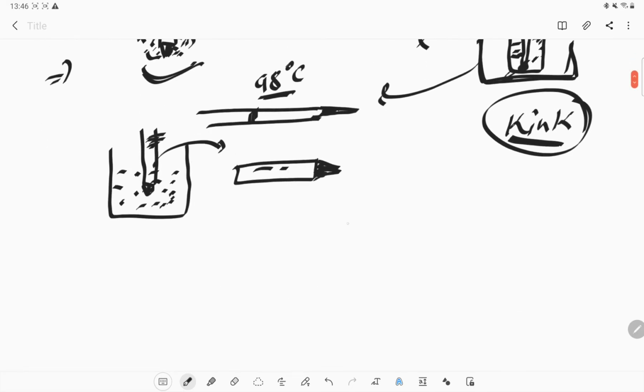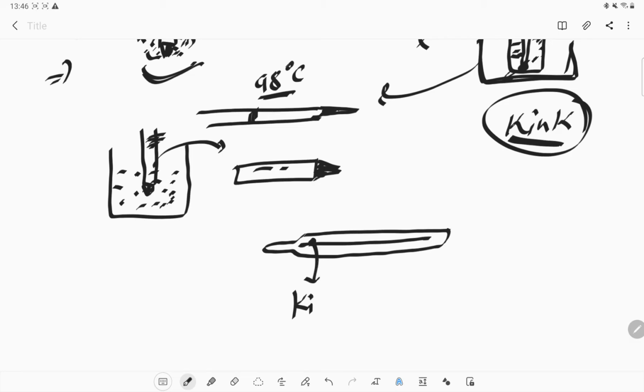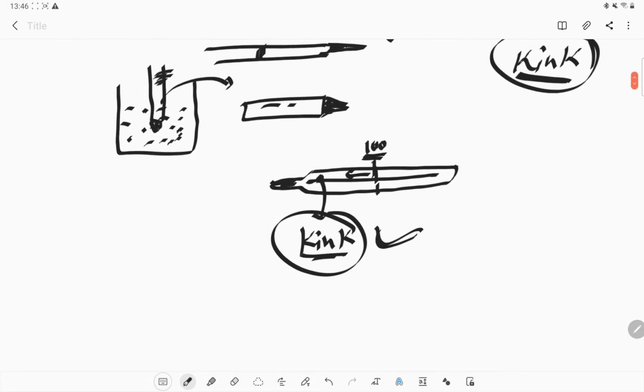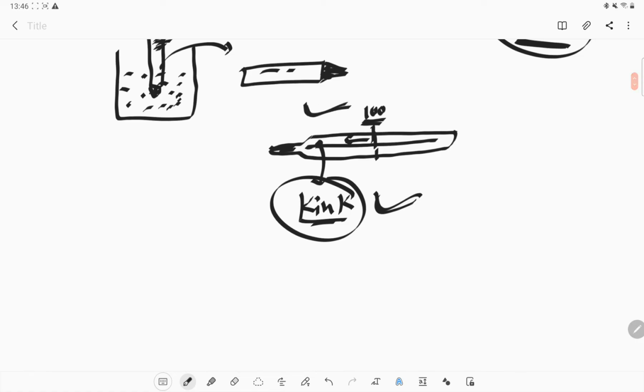Okay, so what is the kink? If we talk about the clinical thermometer, this is its shape. Here there is a kink, a kind of structure known as the kink, and this kink prevents the mercury from dropping back. So if you have measured your temperature, say 100 degrees, after taking it out of your mouth you can still see the same reading because of the kink present in the clinical thermometer. So the clinical thermometer can be read outside our body also.